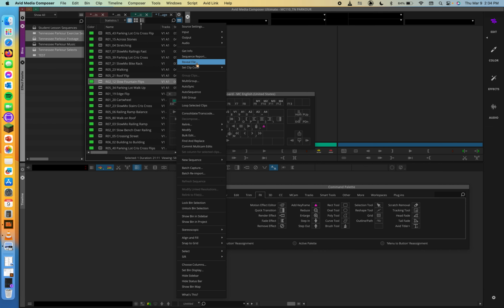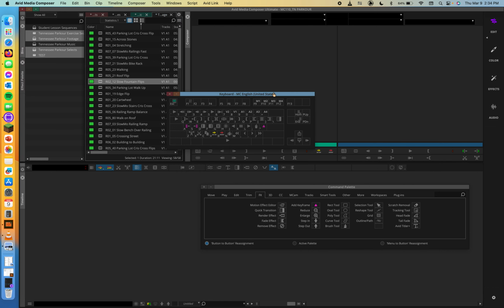For example, reveal file. We could set the reveal file command to, like, I don't know, F8 on our keyboard, and then it's going to quickly pull up where this file is actually linking from or located as far as the MXF folders. Another thing to note is if you plan on using the keyboard as much as possible, you might run out of keys. So consider duplicating the keyboard settings. So you could do this with Control D or Command D on Mac